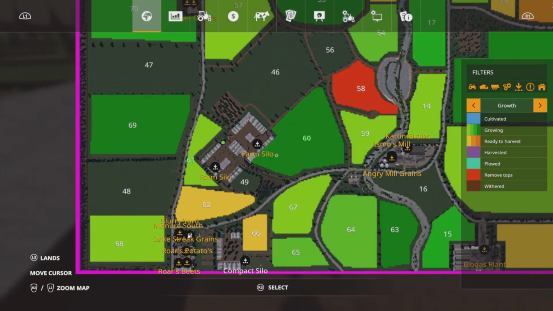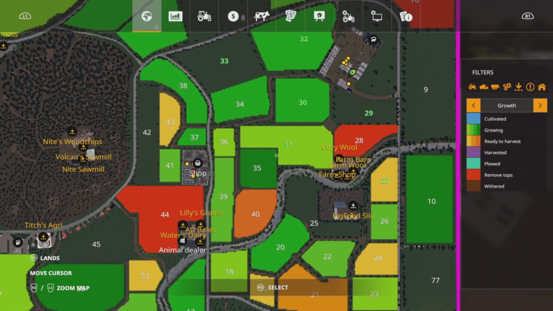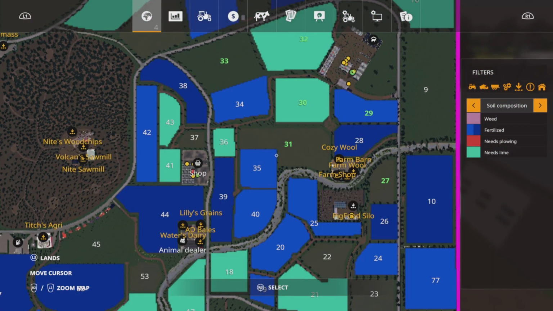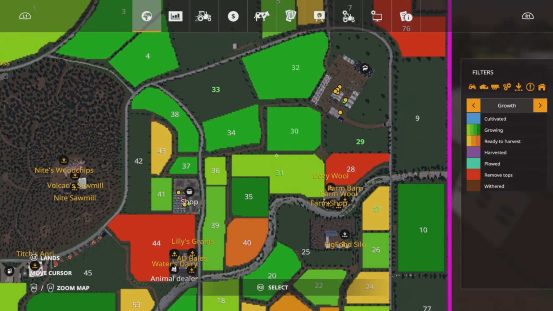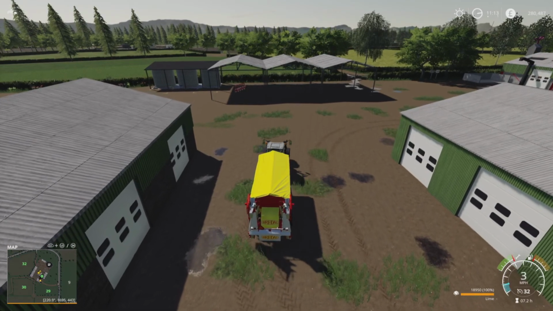And 61 we might be all right. 60, I think we're too late. Okay, so let's go start out here, and we'll go check. We'll go check, but I think fields 30 and 32 we won't be able to do anything with. So we've got to get to field